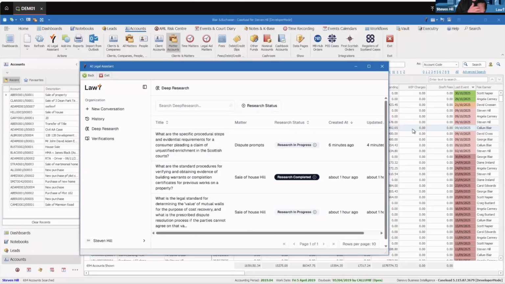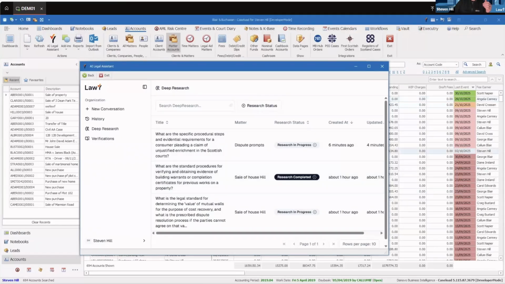The verification part of it as well, we feel if you stack up ChatGPT versus LawY, the human verification part just gives you that other edge against that. It's secure, it's integrated into Caseload, there's no external data exposure. So it just gives you that option to have legal research. The stuff that we just looked at today, that was very brief examples. As I said, if you have access to LawY, or about to have access to LawY,